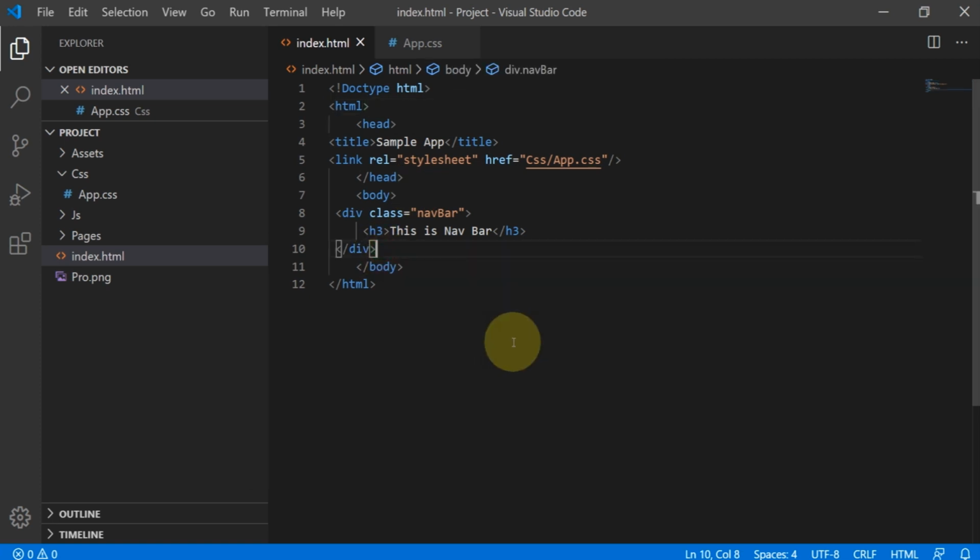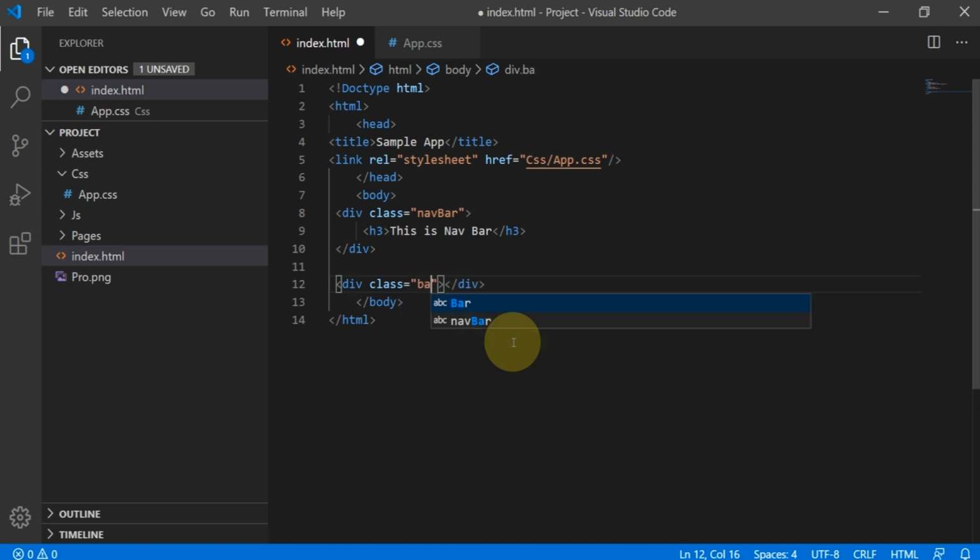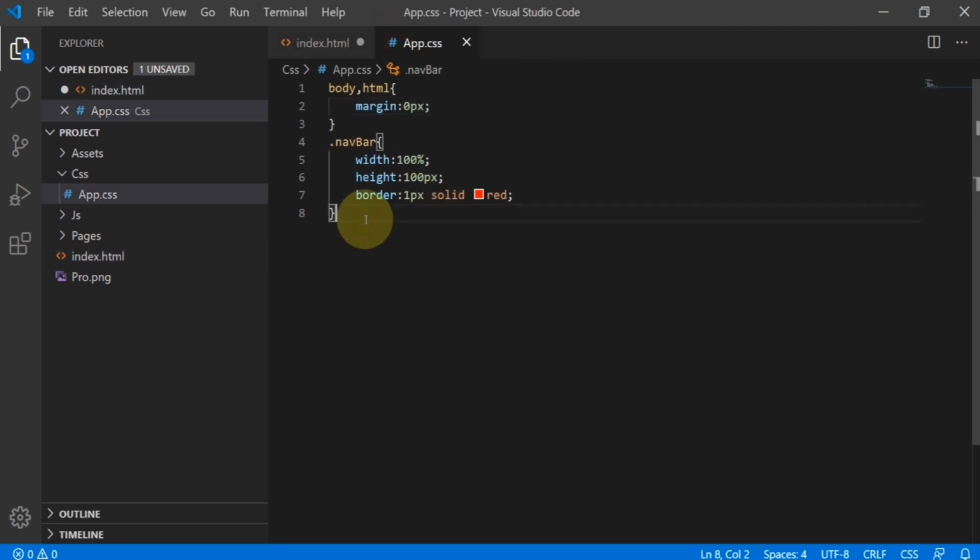For that, div class equal to, I am naming it banner section. This is the class, and I'm going to select this class selector in CSS and apply some styles to it.